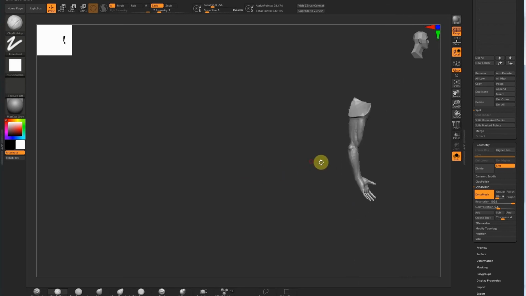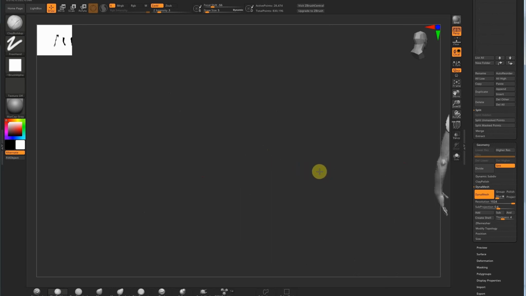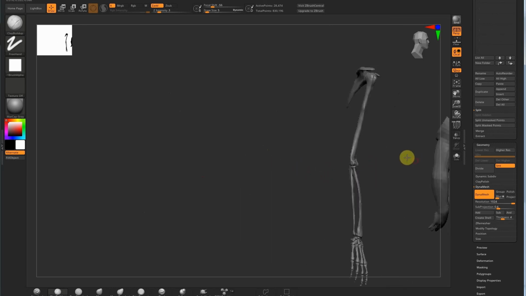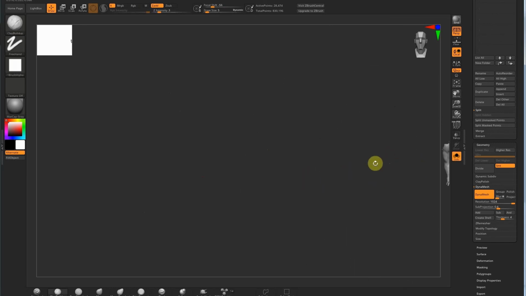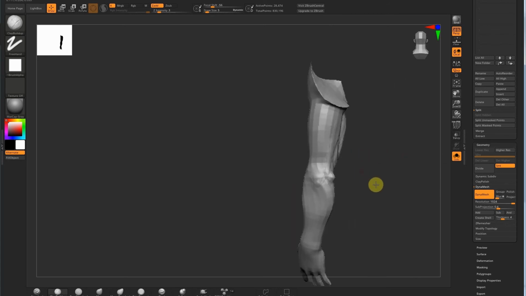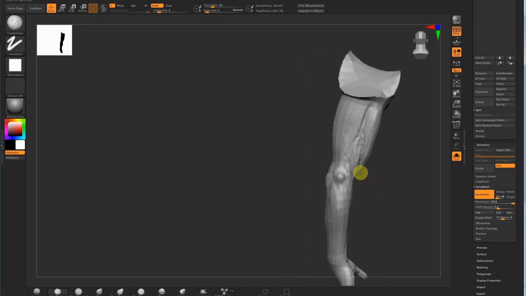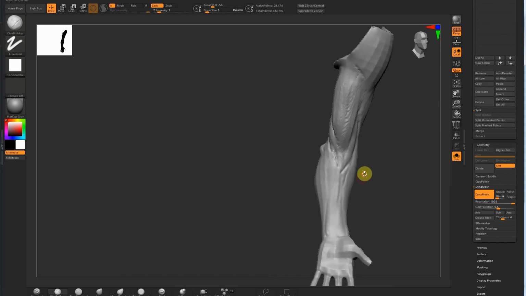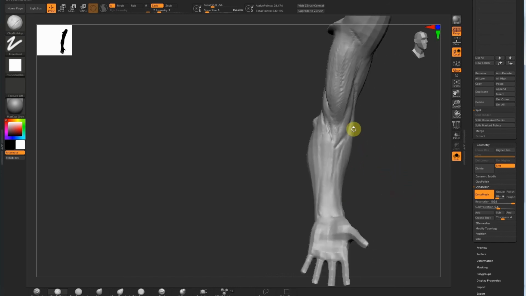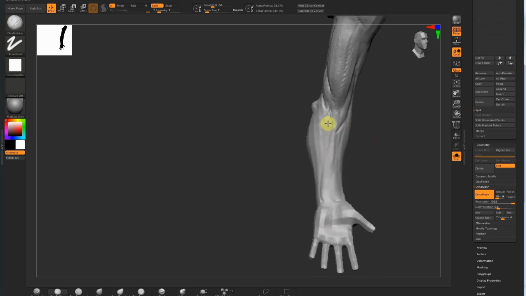So let's open this up. This is the condyles and the epicondyle at the back. Just gonna block that out. So I know the epicondyle. I'm just gonna bring in my... So remember these, the palm facing muscles that lie on this side, the flexors. So I'm just gonna bring in the